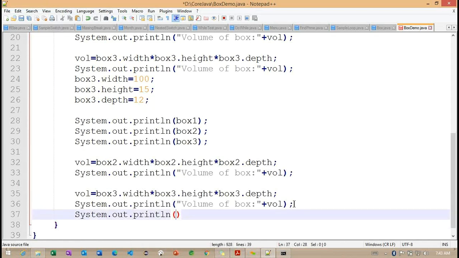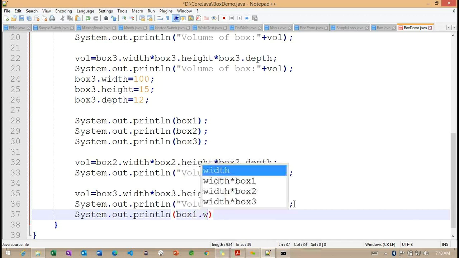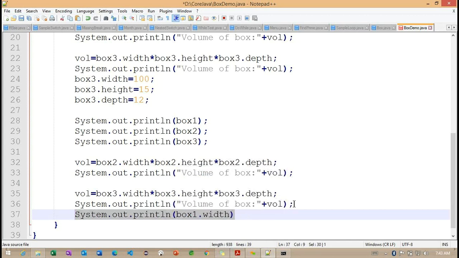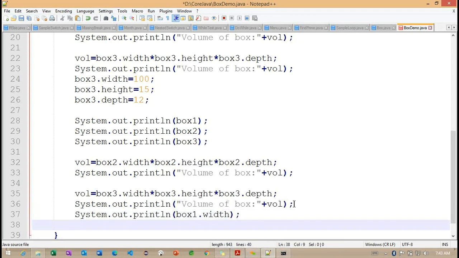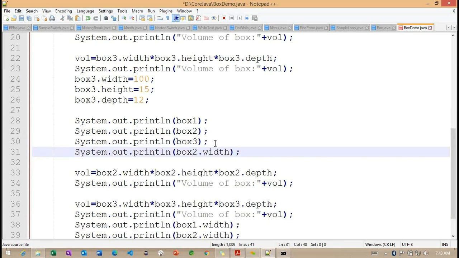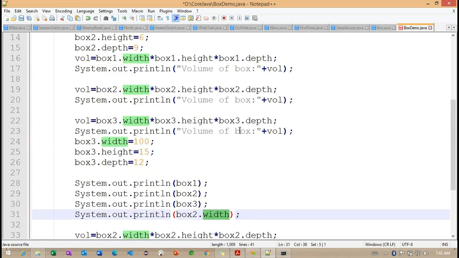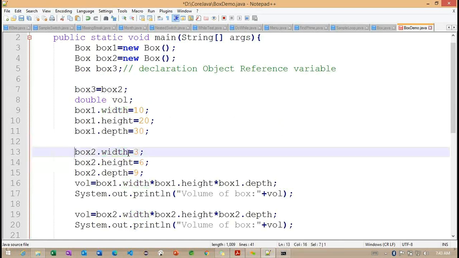If I want to print a single value with the help of this particular method, I use box1 dot width. The same way, I want to print box 2. After printing this line, here I want to print box 2 dot width. Initially the box 2 dot width we are having is 3.